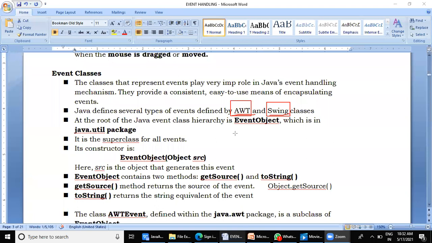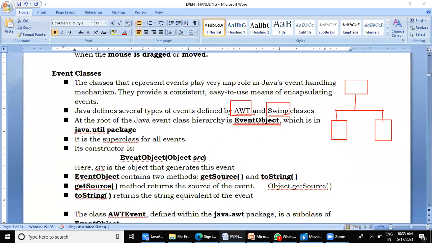When it comes to Java events, it becomes a hierarchy of classes. Hierarchy means that tree-like structure, where there are many child classes. There is a hierarchy of classes like this, which are inherited from each other. Again, some other class may be inherited from this. When you trace out the root, there is one class which lies at the root of all these event classes. What is the name of that root? The name of the root class is EventObject.